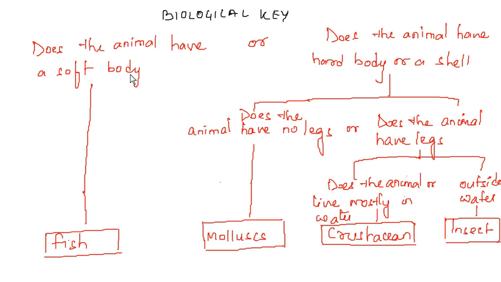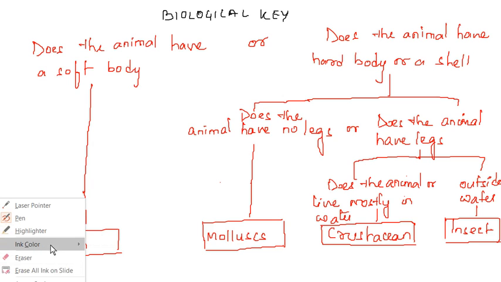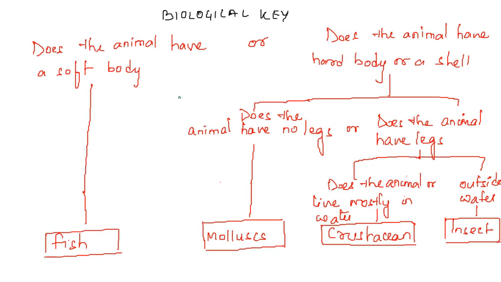And in this couplet, if you observe, to identify whether the organism is an insect or not, one character is accepted and the other is rejected. So for insect this character is rejected and this is correct. For another point this is rejected and this is correct. So among the couplets, one is accepted and the other is rejected. This helps us to classify and identify the organism.